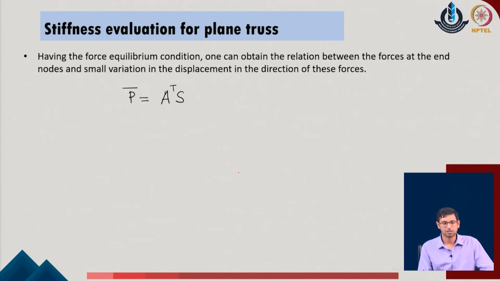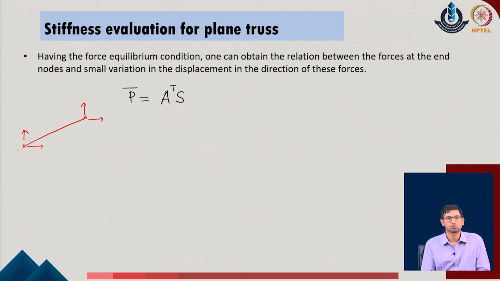We consider that this is the equilibrium equation identified for the given system, and now we can take up small fractional changes in the system. If initially the system has these nodal forces corresponding to the identified displacements, we can consider that for any small change in these loads, what are the displacements that result in the given problem.